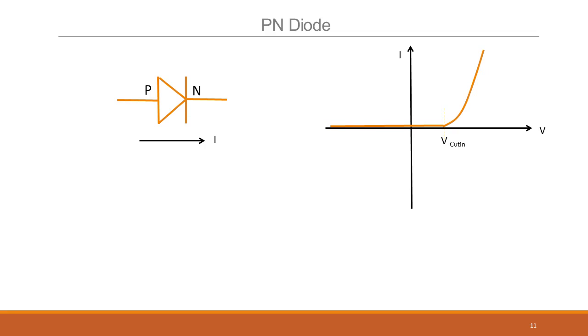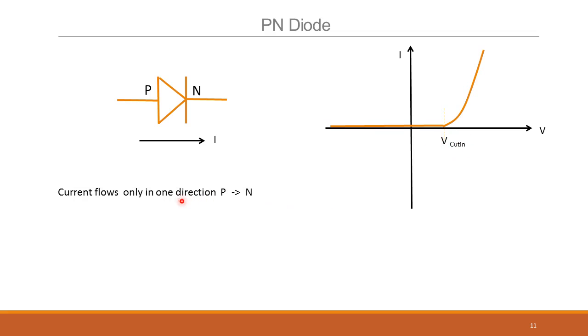This voltage is the arbitrary selection. It's called the cut-in voltage. You can choose 300 millivolts, 400 millivolts. You'll see later that it isn't so much of a problem. Of course, computer simulations will take the exact equations and solve it. This actually helps you doing hand calculations a lot easier.